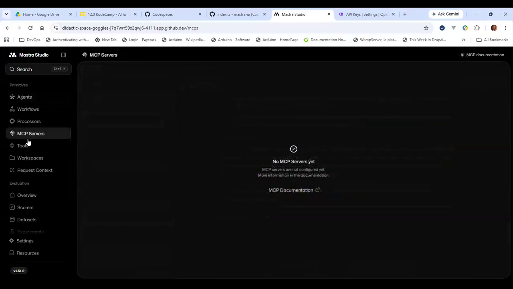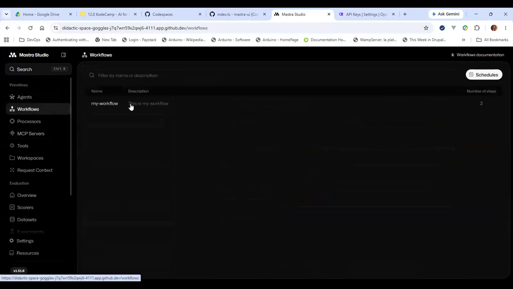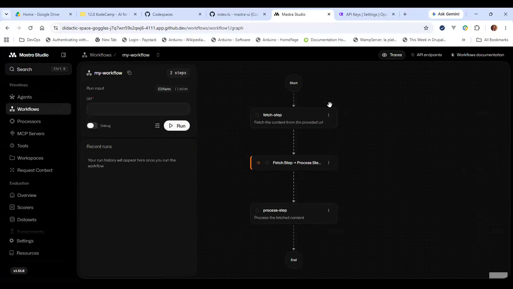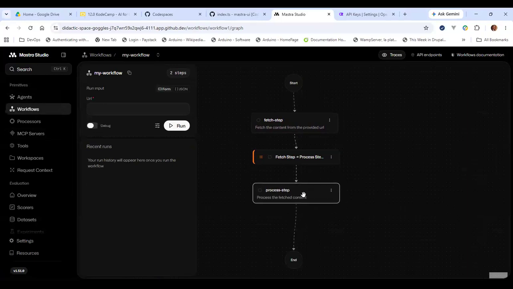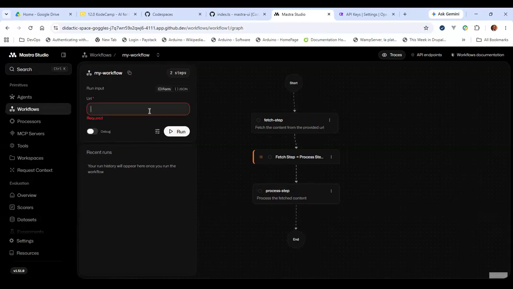You can see the MCP servers I talked about. You've not configured any. When you configure them, they will show up here. Workflows, we did one workflow, so you can see the workflow that we did here. Remember, we attached one workflow. You can even see the steps. I think it was two steps, and then we dynamically added another one. So that's three steps. And you can run the workflow by clicking on run, right?